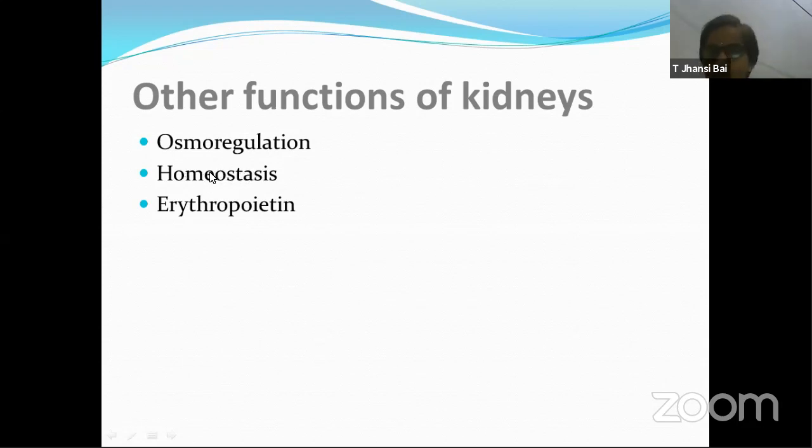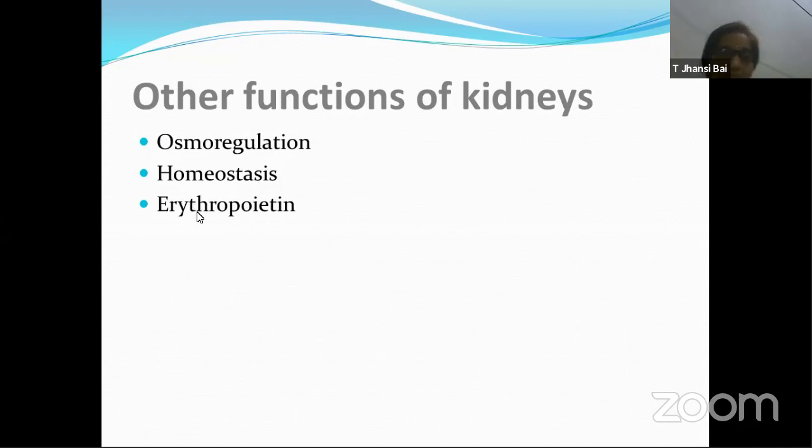How is this done? I mentioned before that unwanted things present in blood capillaries, or peritubular capillaries, come out and are poured into the nephron. That is what helps to maintain homeostasis. Osmoregulation: you take a lot of water which your body doesn't need, and all that extra water is sent out through more urine output. You take less water, then water is conserved, preserved through this process, again called osmoregulation. We will study how this process goes on in detail in the further slides.